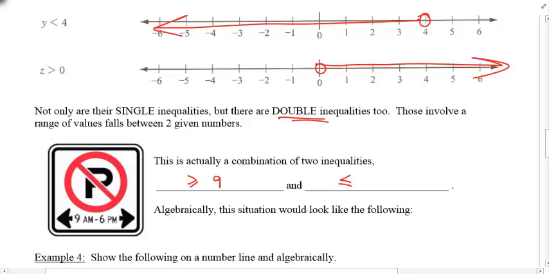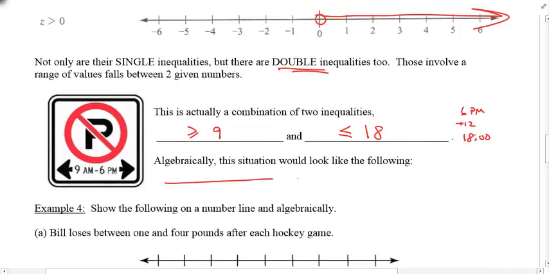Now let's use military time, 6 p.m. Remember there are 12 hours in a day, so I can add 12. That's the same thing as 1,800 hours. So I'll say it has to be less than 18 as well. Algebraically, what does this look like? Well, here's 0, 1, 2, 3, 4, 5, 6, 7, 8, 9, 10, 11, 12, 13, 14, 15, 16, 17, 18. Now I want everything in between